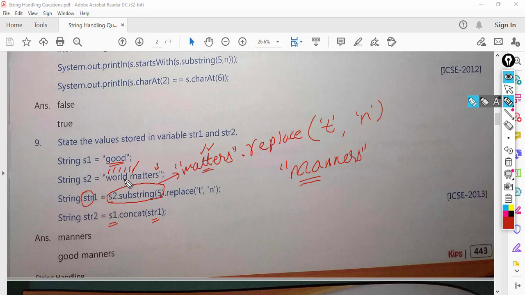The index 5 starts from this space. Okay. 0, 1, 2, 3, 4, 5. So the return will have a space before manners. So the string is space and manners. So when you concatenate good with manners, there will be a space between both.